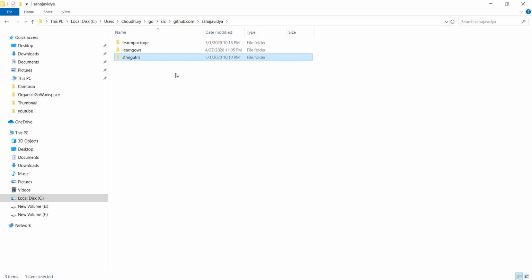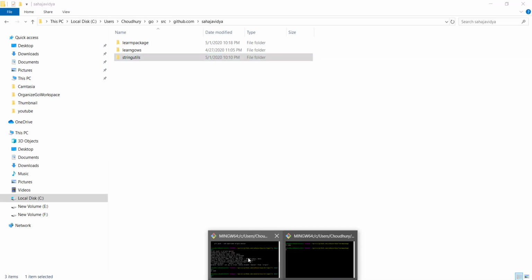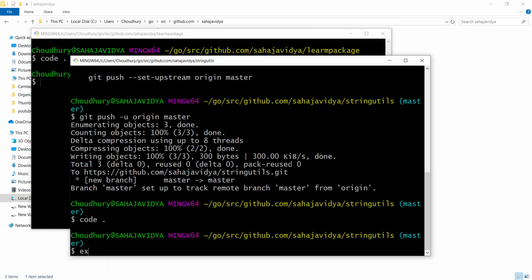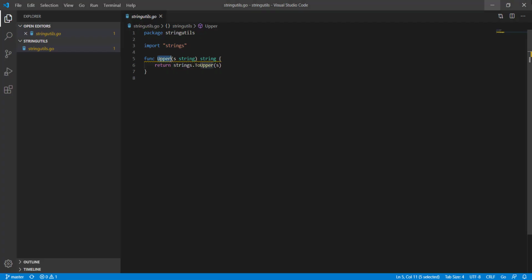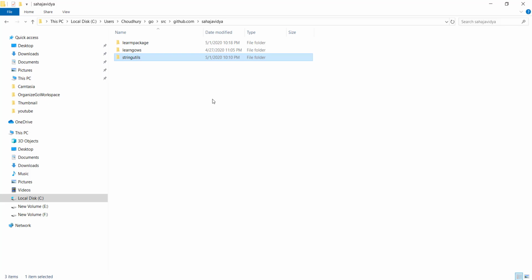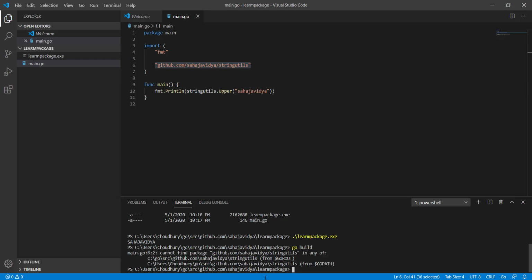Let me delete it. It is not allowing me to delete. For that I need to close this terminal as well as my Visual Studio Code. Let me delete it. Okay, deleted. Now if I try to compile it, it cannot find the package.